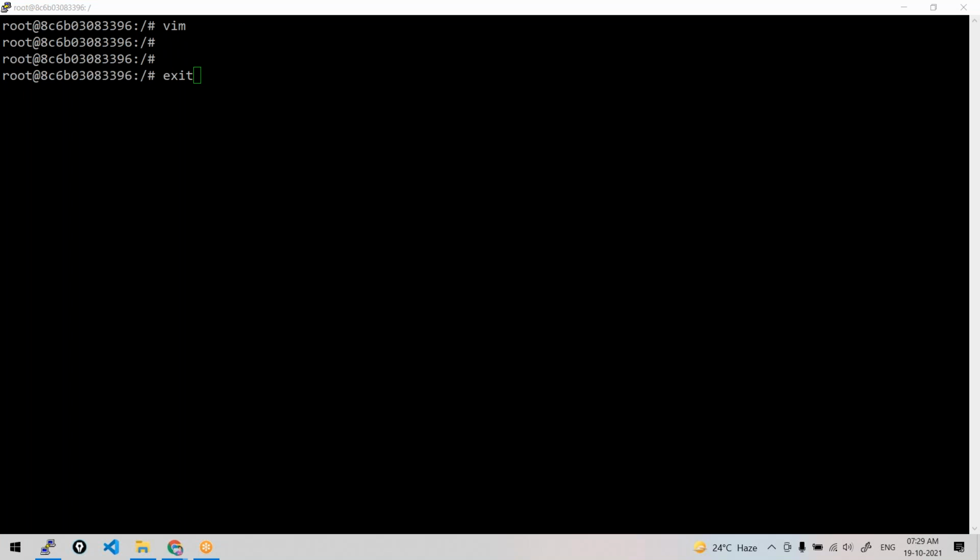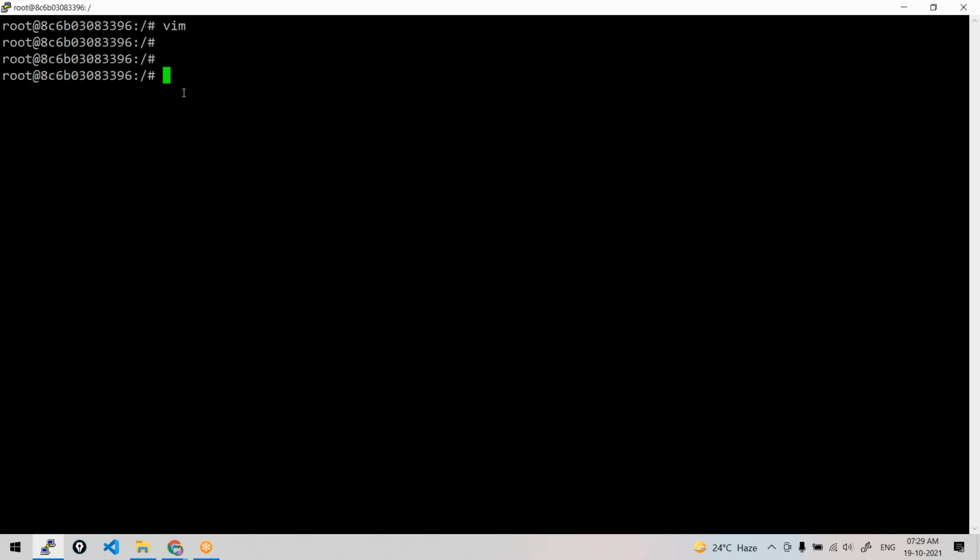Exit the shell where it's running. Will be coming out of the container when you write exit, but your container will be stopped, right? You will be coming out of your container to your Docker host, but your container will be stopped. Now what I want is, I want to come out of the container, but I still want to keep it running. I don't want to stop my container. Not after using exit, Arvind, you are right, but not after using exit.